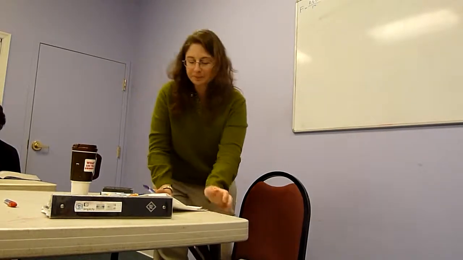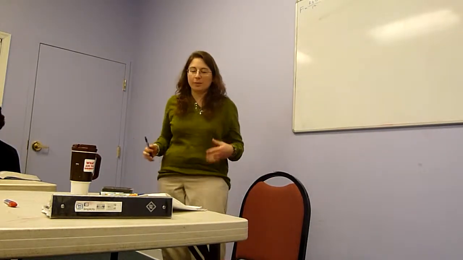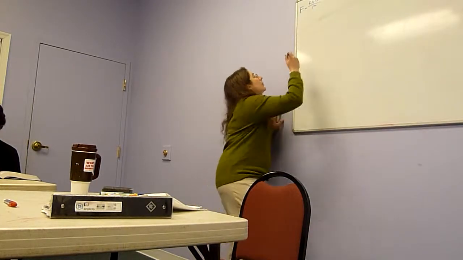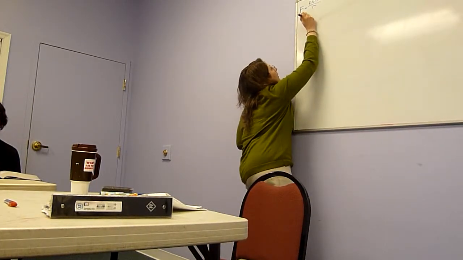F obviously is the force, the electrostatic force. K is a constant, which is given at the top of your test and at the top of the practice problem paper, which is good. Q1 is the charge of one of the charged objects. Q2 is the charge of the other one, and R squared, obviously the distance between them. Also, when you're talking about the orbit of an electron,